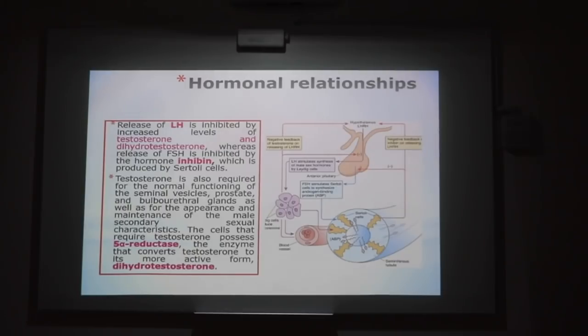Most of the cells which are under the action of the testosterone also have the enzyme which is called 5-alpha reductase, which converts the testosterone into dihydrotestosterone, which is the most active form of the testosterone on these cells. So any cell which is under the influence of testosterone also has this enzyme, 5-alpha reductase, which is important in converting the testosterone into